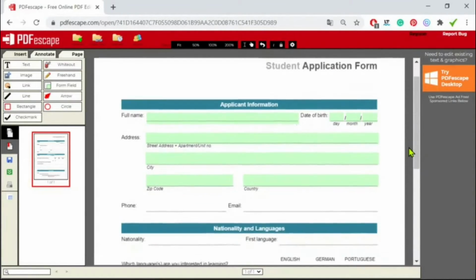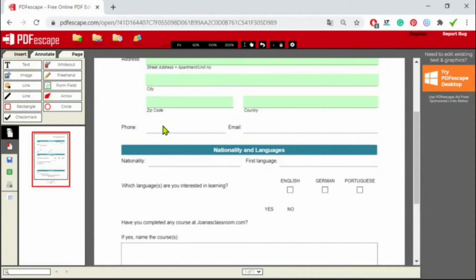Let's scroll down now. Phone, email, nationality, first language. These are all fields that I can duplicate without putting much time into them. So let's do that now. Hit duplicate, drag and resize.